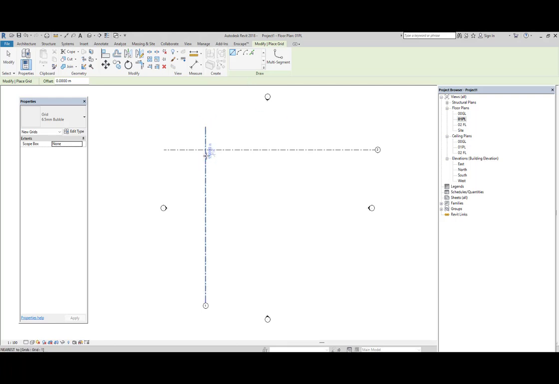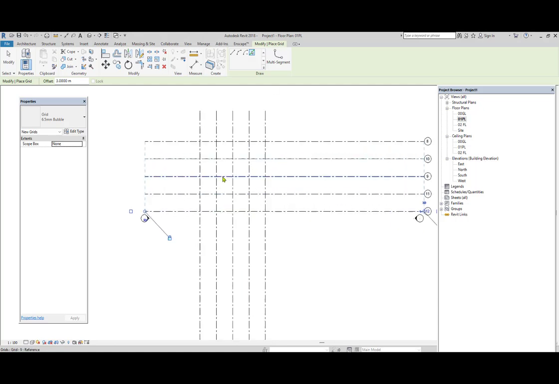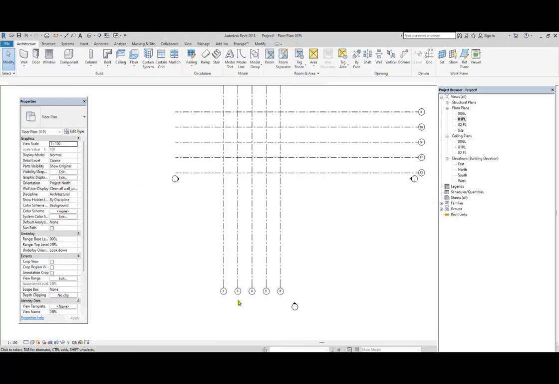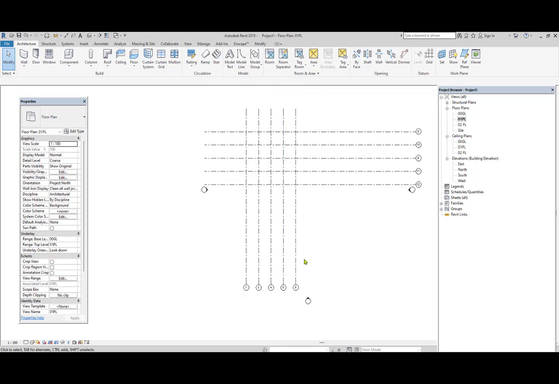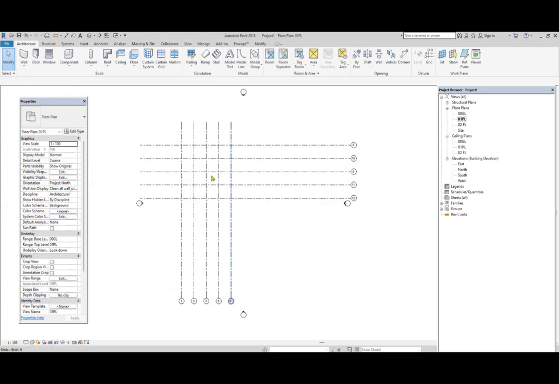So I just added one X reference line and then a Y directional line. Go to the pick line option and give the offset. Depending on the requirement, you give the distance like 3, 4, 5, whatever it may be. Pick the vertical lines to get it in a vertical way. Pick the horizontal reference line to get it in a horizontal direction. This way you can add the grid lines. Automatically you will get the names, that is 1, 2, 3, 4 for the vertical grid lines, and 12, 11, 9, 10, 8 for the horizontal grid lines.